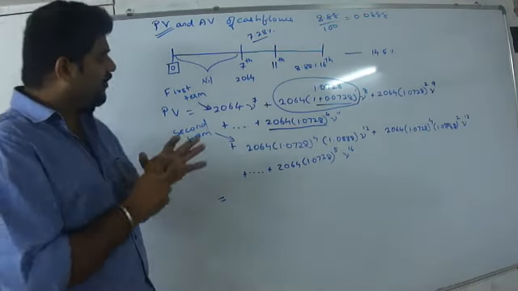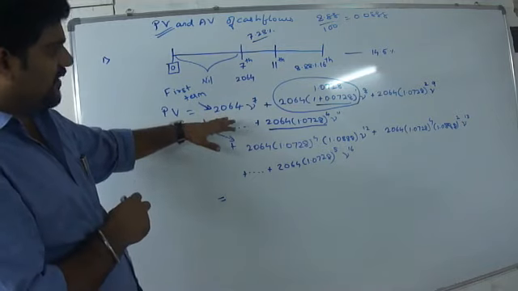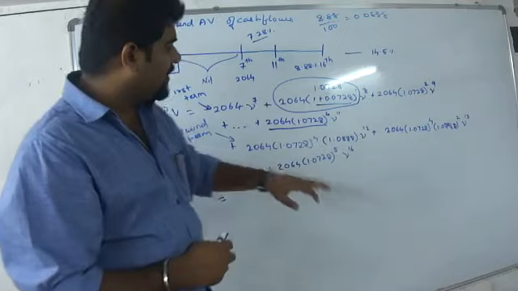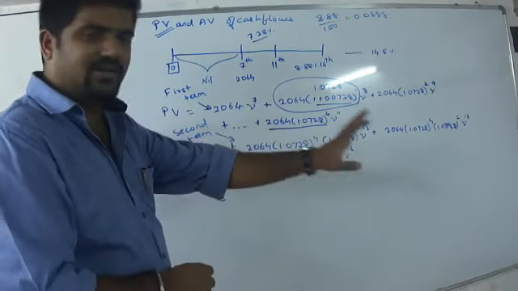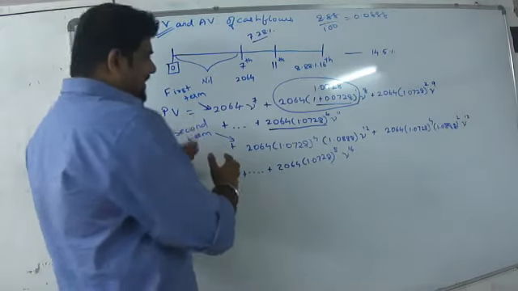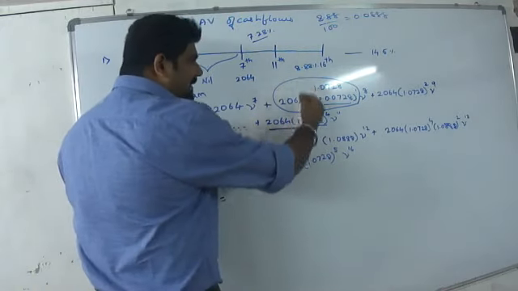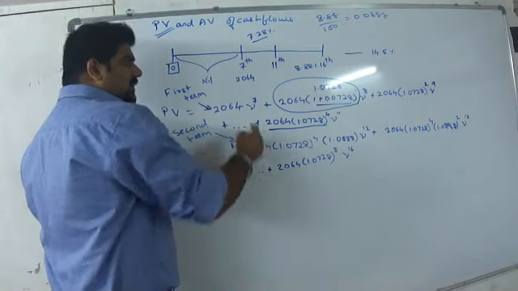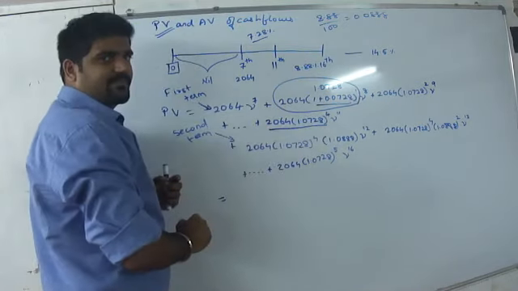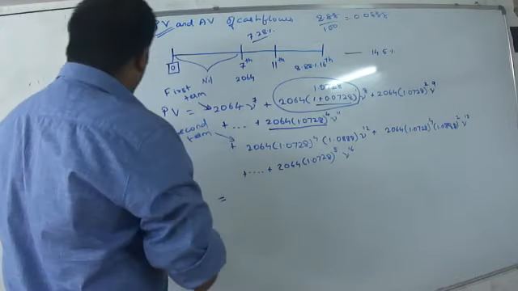See, if you notice the terms, it is increasing by a common ratio over here. Let's look at the first term. We'll ignore the second term for a while and concentrate on the first term. Can I say that it is increasing at a particular ratio? It is increasing with a multiplicand, in a ratio. What is the ratio?